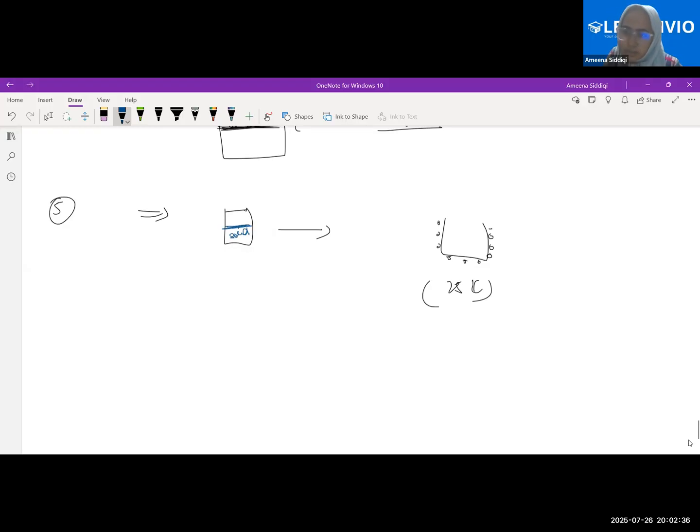As soon as we keep it in the room temperature, you are saying that the material which was there inside the container will melt? No, ma'am. First, outside it will start melting because